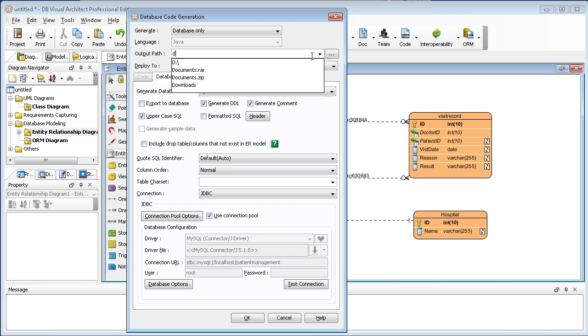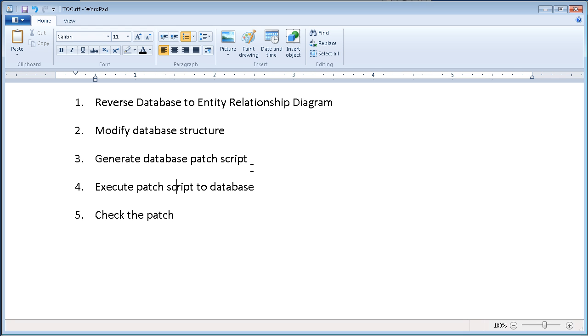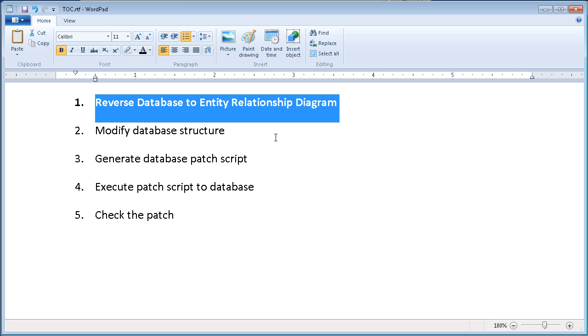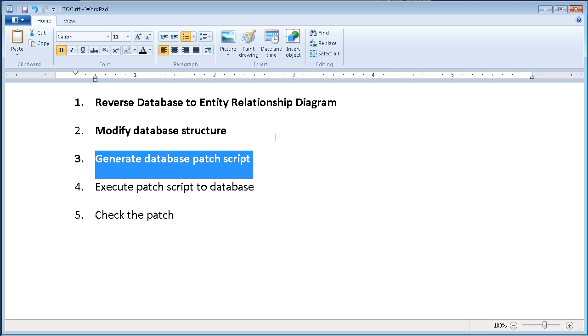Let me just generate to this folder, and then I generate now. What I have done is reverse the database into an entity relationship diagram, modify the database structure, and generate the script.